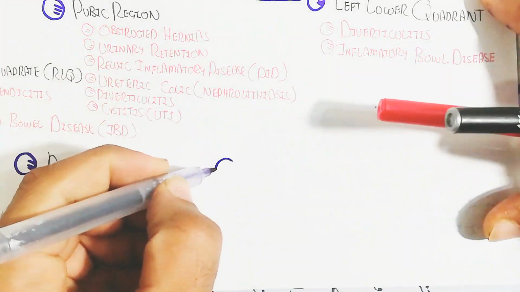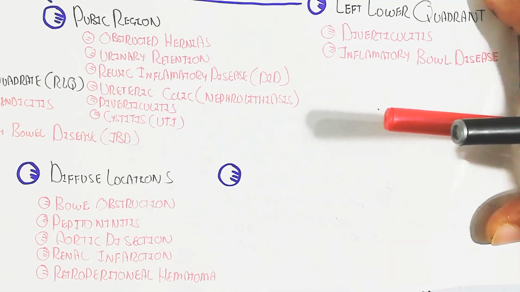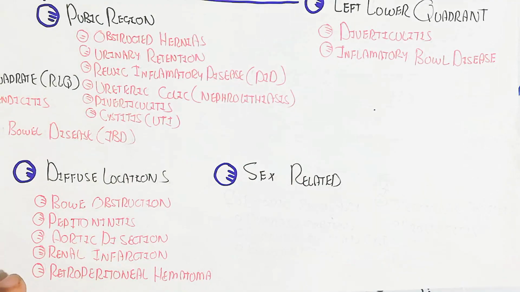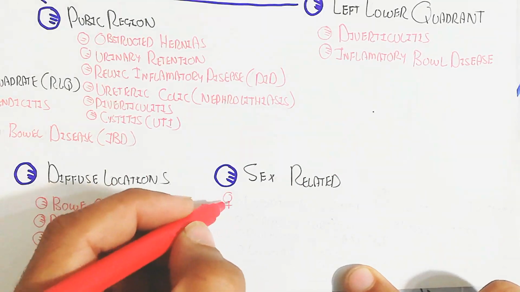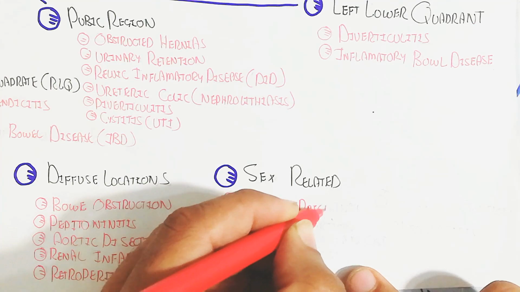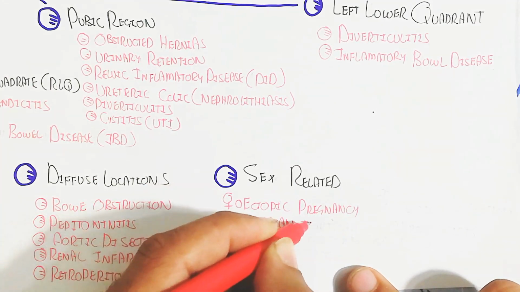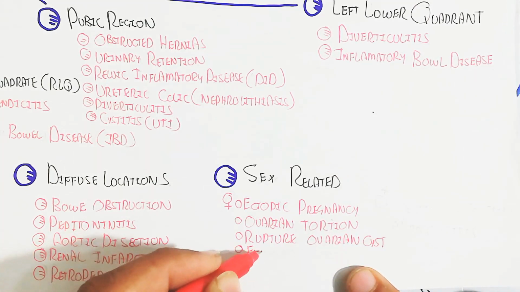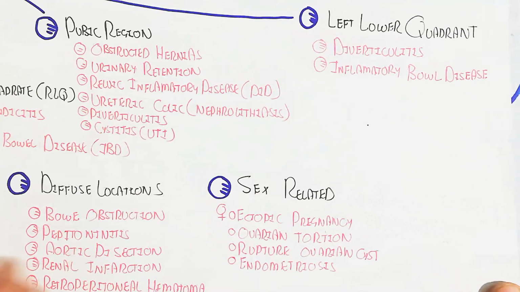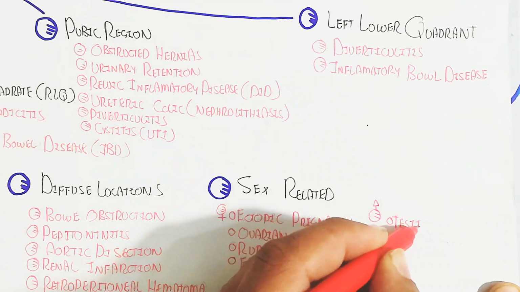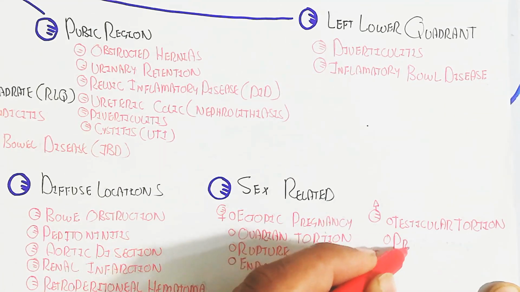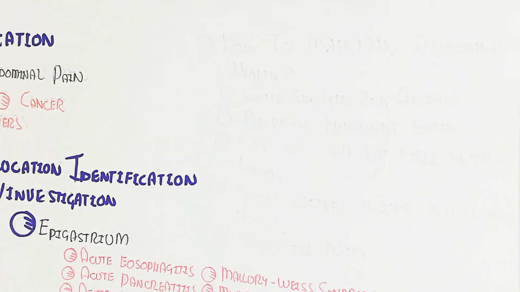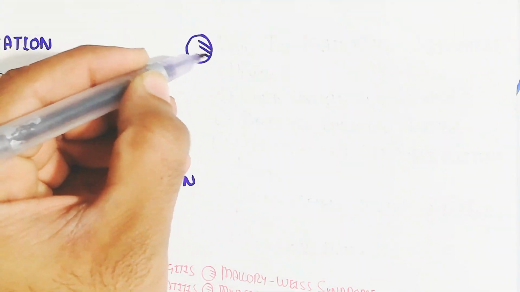Let's begin to understand on the basis of sex, male and female. First we will discuss the female. Ectopic pregnancy is also involved in lower abdominal pain, as are ovarian torsion, a ruptured ovarian cyst, and endometriosis. These also cause abdominal pain in the lower right or left quadrant on the basis of the ovary region. While for males, there is testicular torsion and